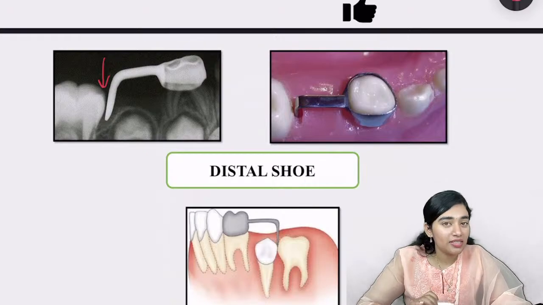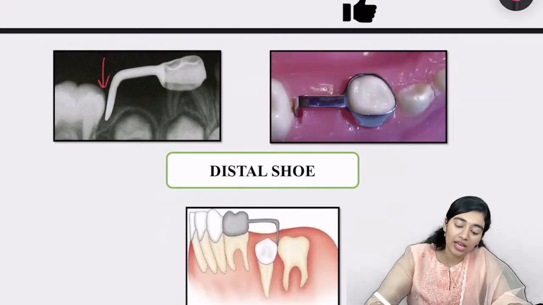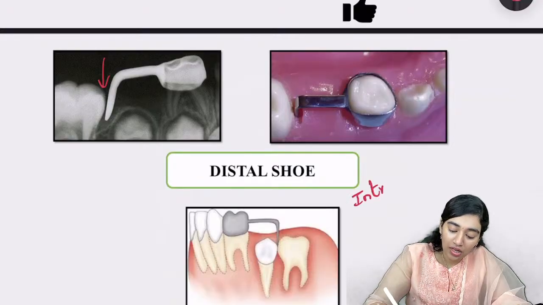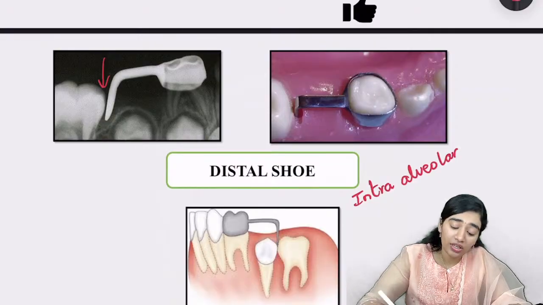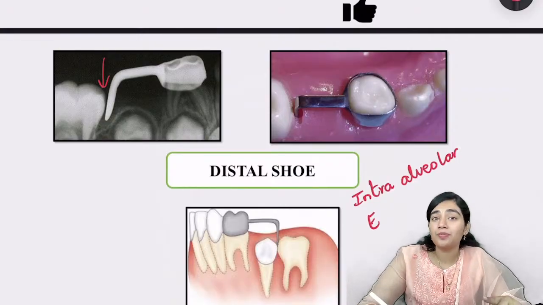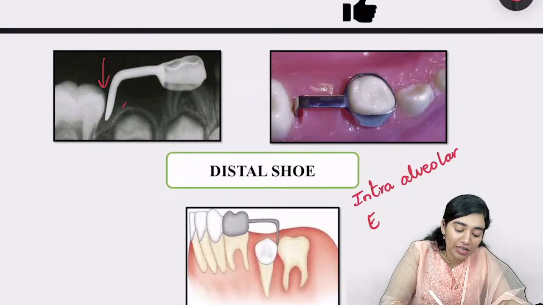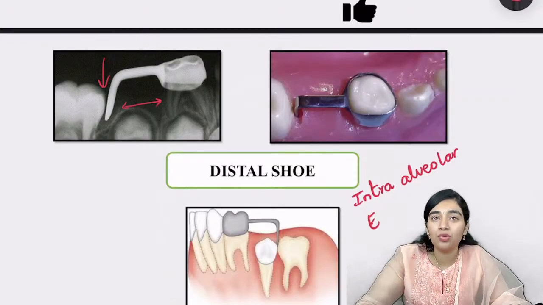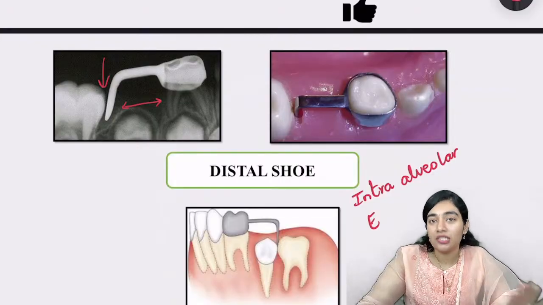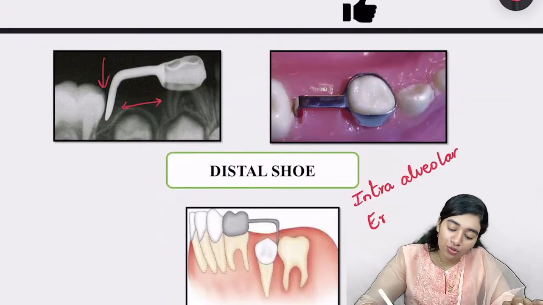So that is the reason distal shoe is also known as intraalveolar appliance, and it is guiding the eruption of the first permanent teeth. Not only is it spanning the space or protecting the space for the coming premolar, it is also guiding our first permanent molar to come to its place. Okay, so this is also known as eruption guidance